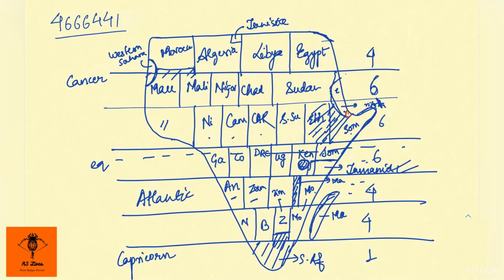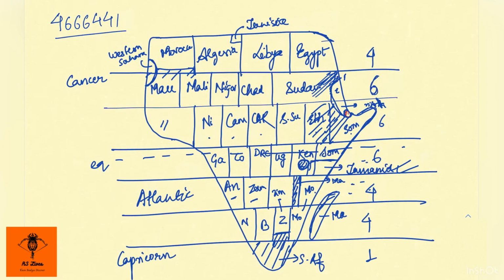Now the other thing that you have to remember over here is Sudan does share a border with the water body over here, which is Red Sea. So it has an opening over here. It is not landlocked. This is Sudan. Okay, and over here we have a small country called Djibouti. The spelling is Dijibouti, but pronunciation is Djibouti.